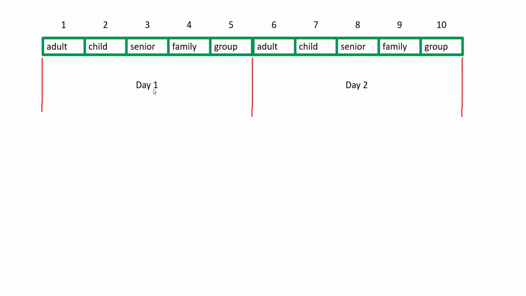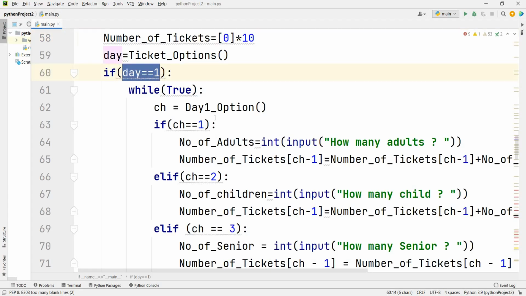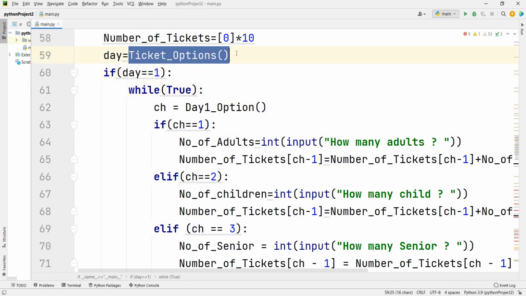If you work on day 1, 1 to 5 is a valid choice. If you enter 6, it will exit. If you work on day 2, 6 to 10 is a valid choice. If you enter any value not between 6 and 10, it will exit. If day equals 1, first of all it will ask me for the ticket options.